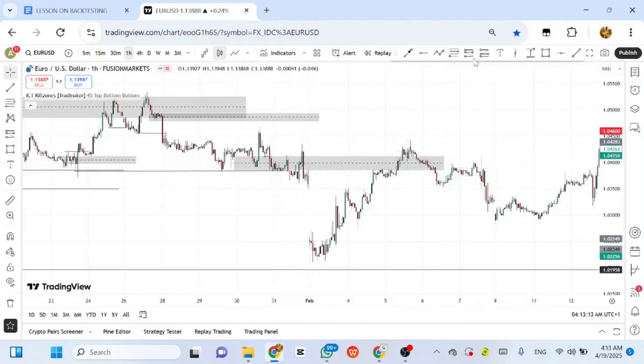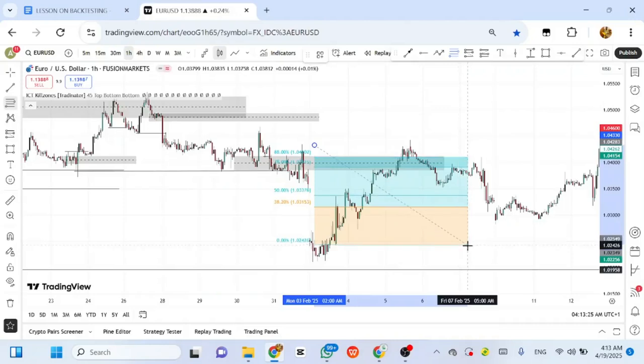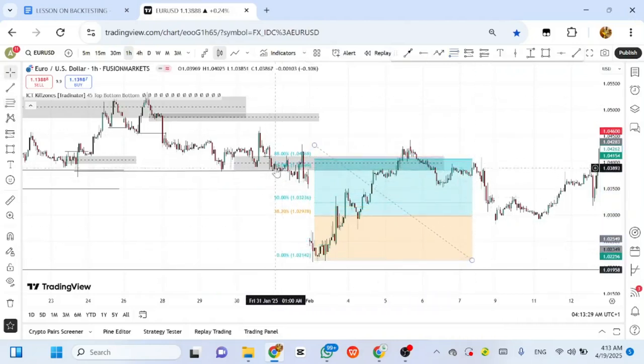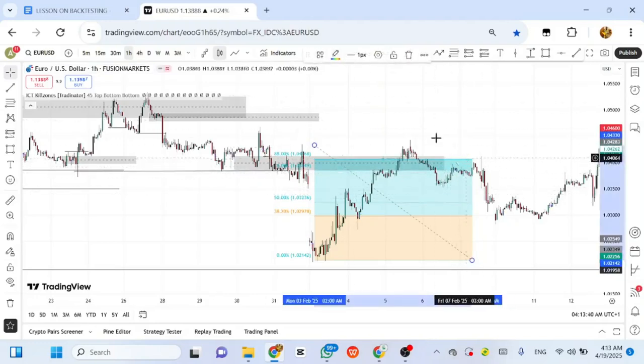Okay, let me use the 50 so that you see this now. This is the high, not this high, because this high is within this supply zone. This nice high is the high of reference. So this high and this low. So what am I looking for? 78%. If I just go ahead and put my risk entry here, delete this.